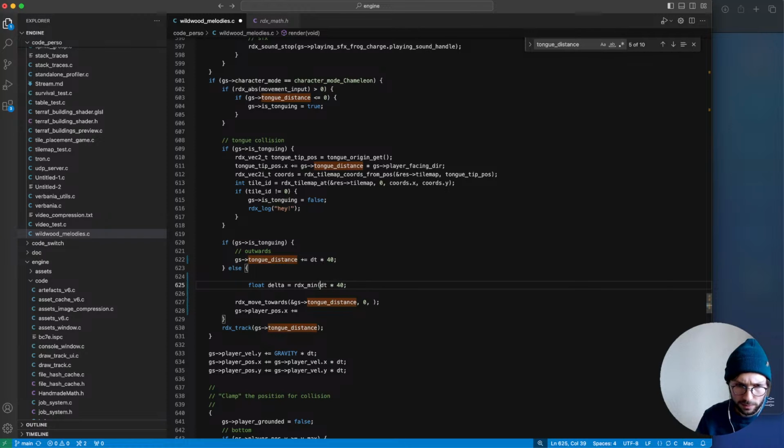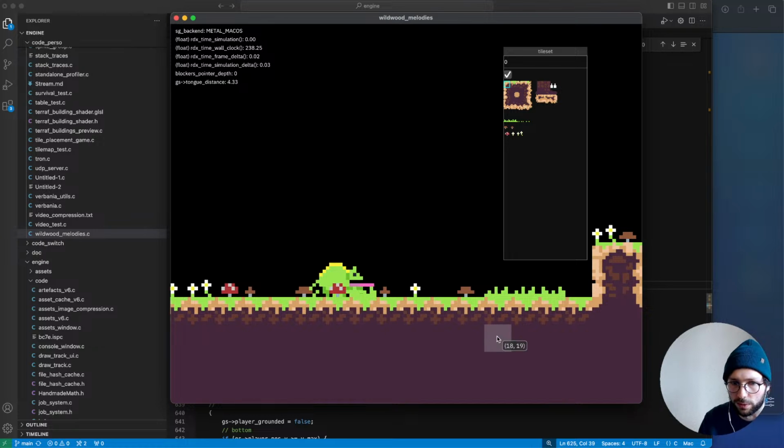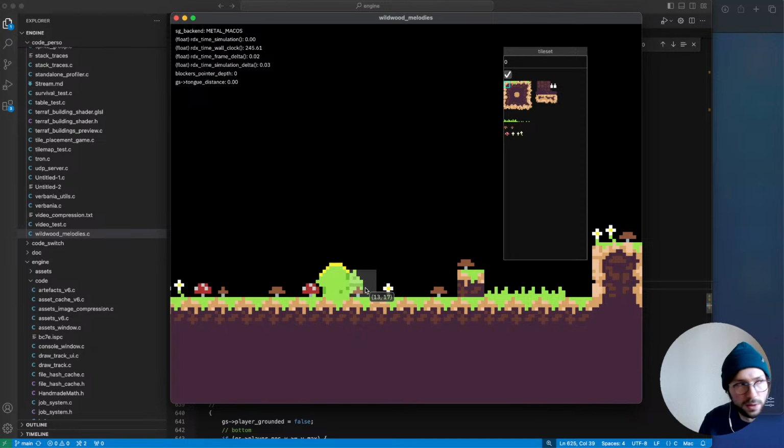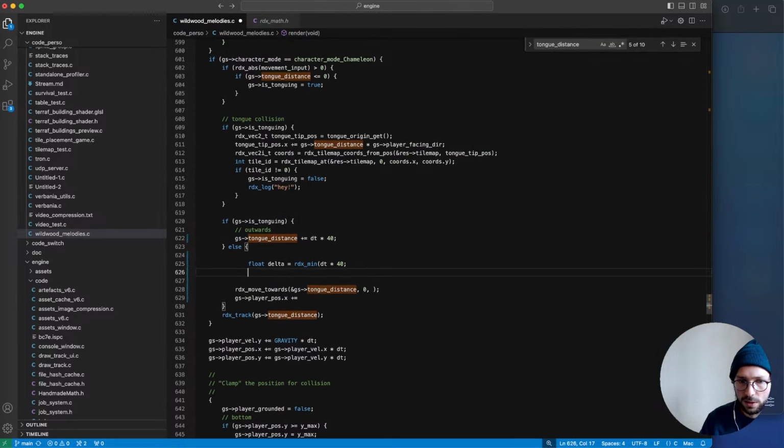Because what I want is not to ever overshoot. So when I get close to here, I might have less than dt times 40 pixels to travel. And in that case, I don't want to go into the negatives, right? So I should take the minimum of either this or